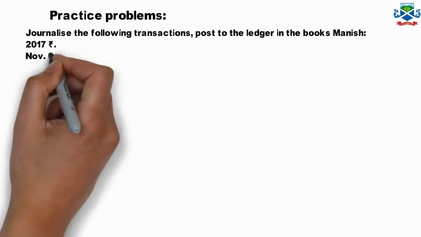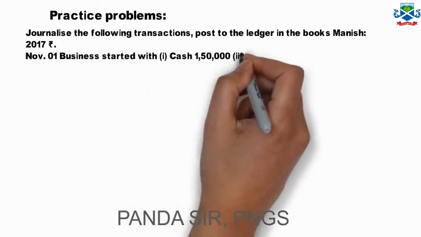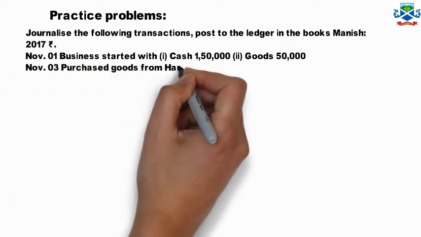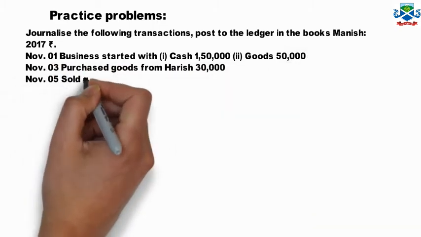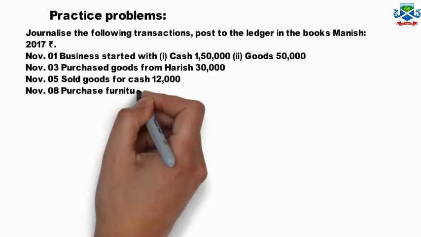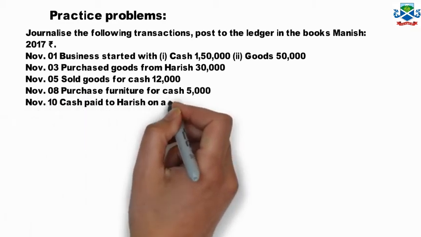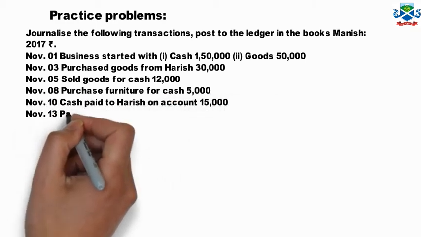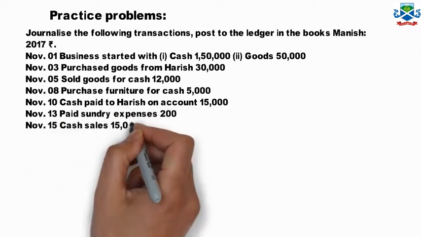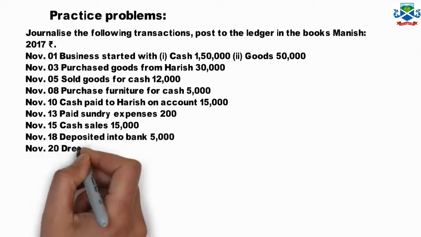So we'll be doing one problem. On November 1, business started with cash rupees 1,50,000, goods 50,000. November 3rd, purchased goods from Harish 30,000 and then sold goods for cash rupees 12,000, purchased furniture for cash 5,000, cash paid to Harish on account 15,000, paid sundry expenses rupees 200, cash sale rupees 15,000, deposited into bank 5,000,